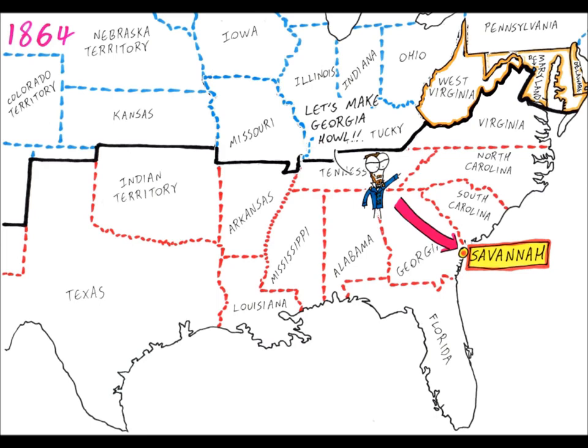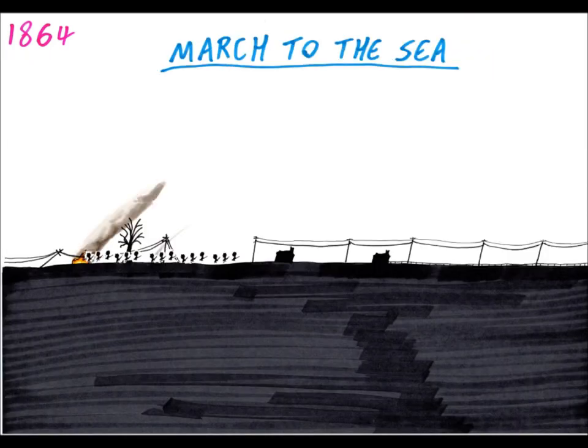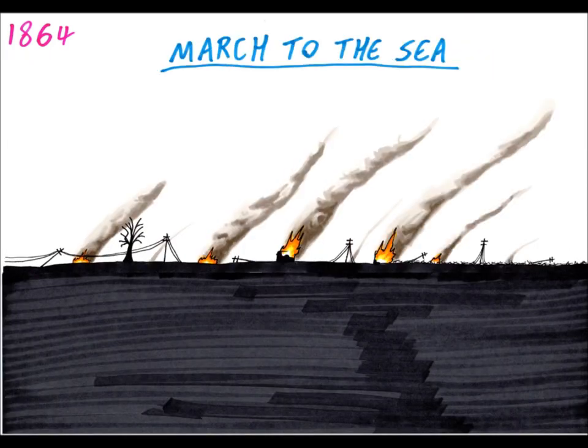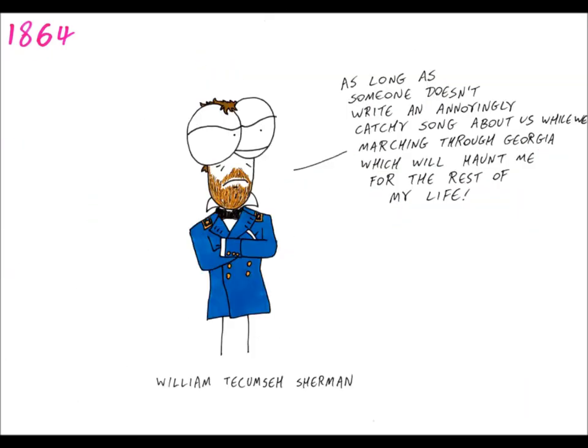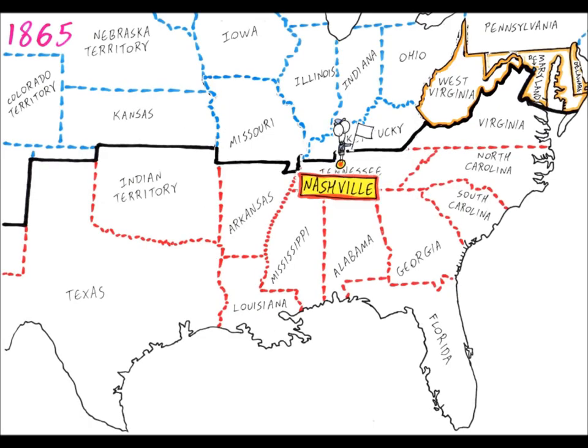Sherman marched his army through Georgia towards Savannah, destroying industry, infrastructure, and civilian property along the way, the march to the sea. Sherman captured Savannah on December 21st and offered it as a Christmas present to the newly elected Lincoln. The Confederate Army of Tennessee was also defeated in Nashville. Only the army in North Carolina and Lee's besieged army in Petersburg were all that remained to fight for the